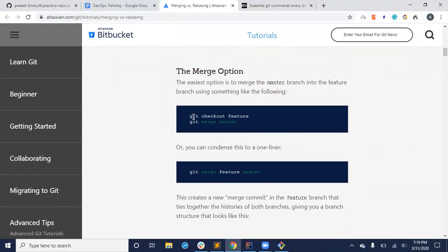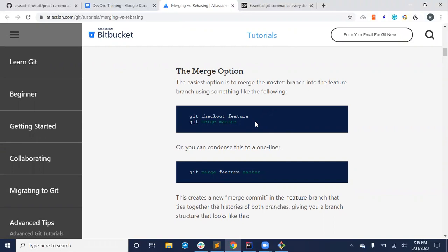I will start. See, what this guy is doing is they want to merge master branch into feature branch. It means take the code of master branch into feature branch. They're trying to merge in this case.